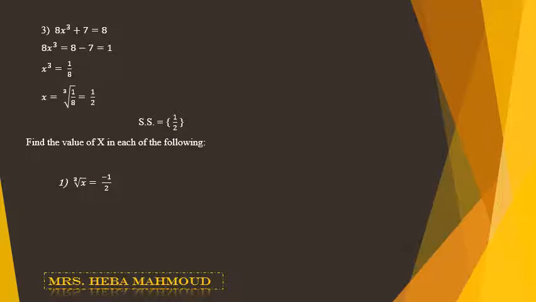Find the value of x in each of the following. Number 1, the cube root of x equals negative half. So to move the cube root to the other side, we use its opposite, which is power 3. So x equals (-1/2)^3. So x equals -1/8. Example number 2,